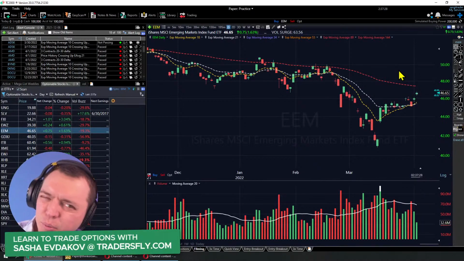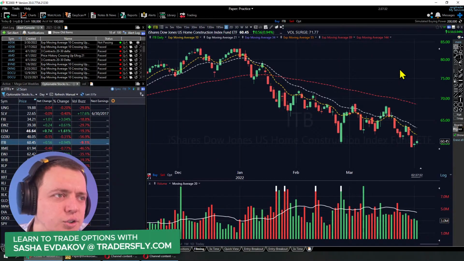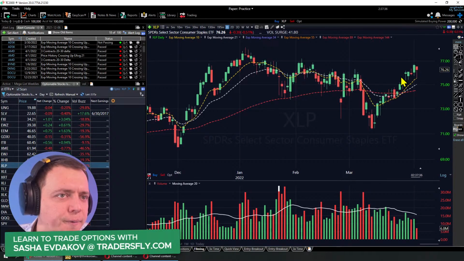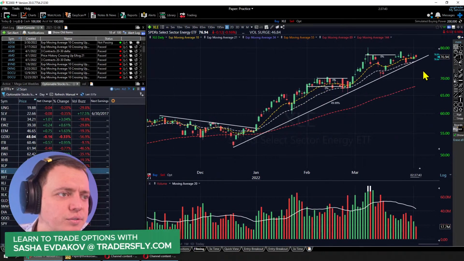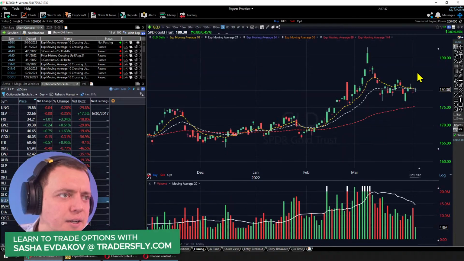So you always want to look at your portfolio as well to see how does it compare? Is it long or short? Or do you have everything bullish? And I do find right now I'm a little heavy on the bullish side with this portfolio. So I would look at even this XLE, which is finally getting a little toppy. Just a few days down move, just doing something short could be nice.